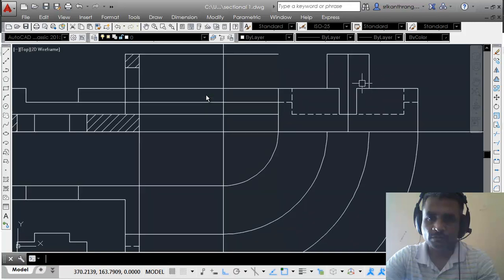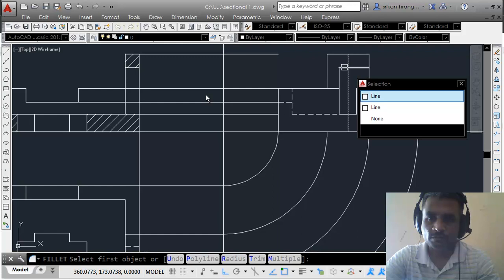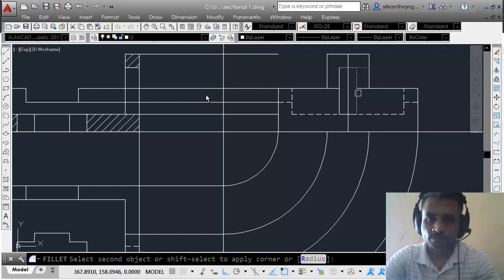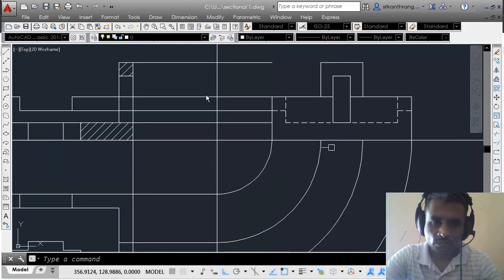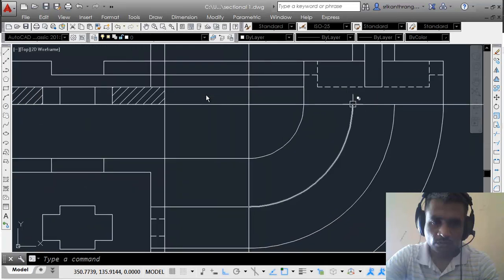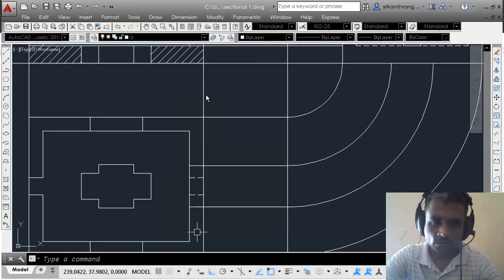There are going to be some hidden lines over here at the bottom, so let me just go ahead and do that. So there's one line from here, there is one line from here, so only 2 lines I'll get there, and then I'll just offset through this and this.